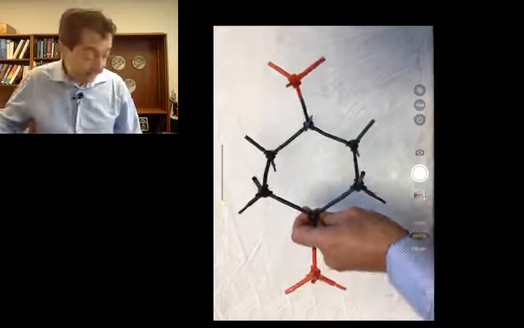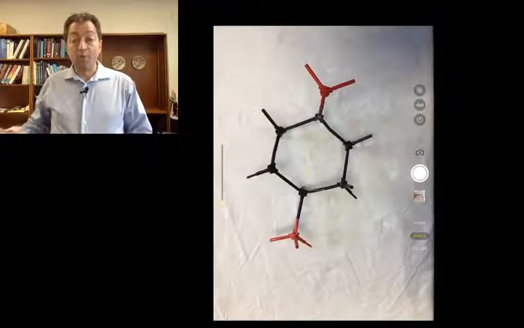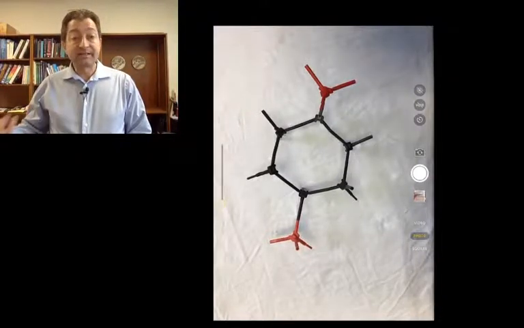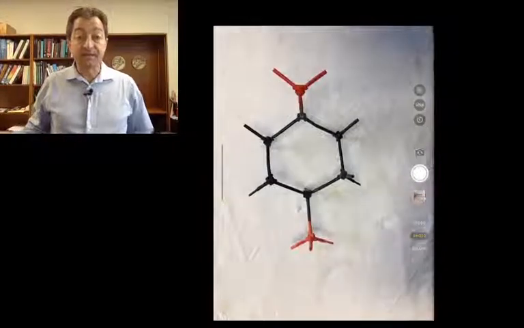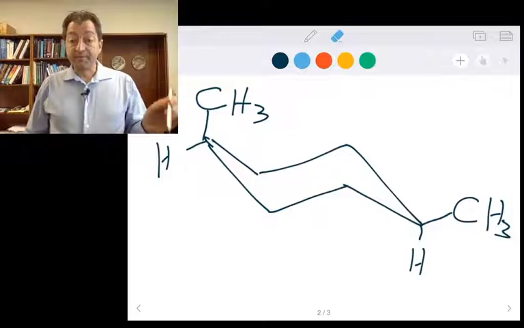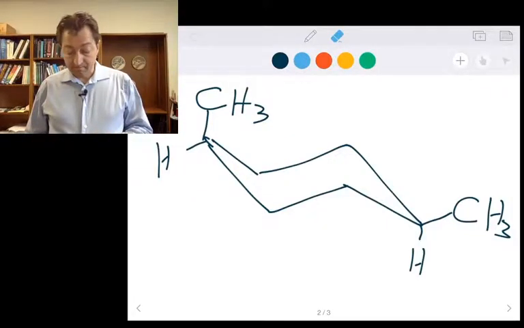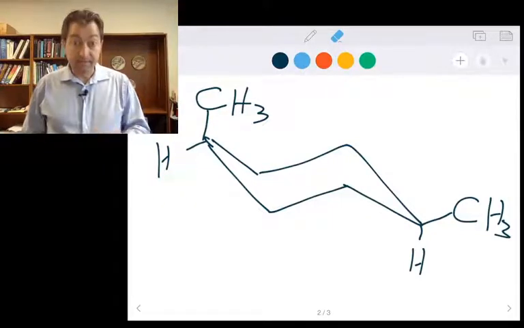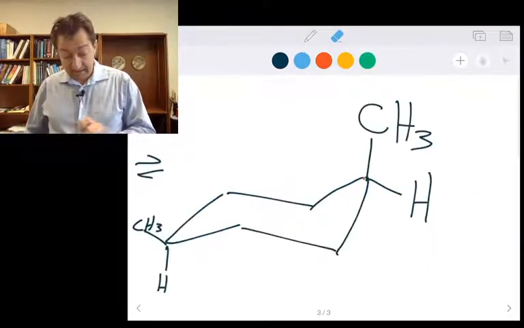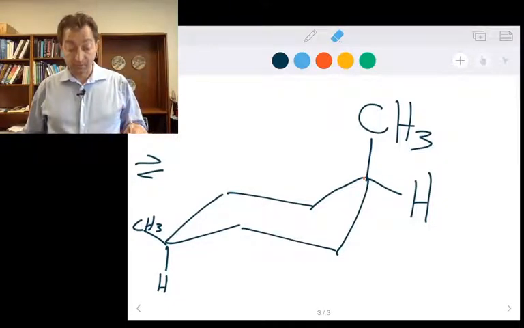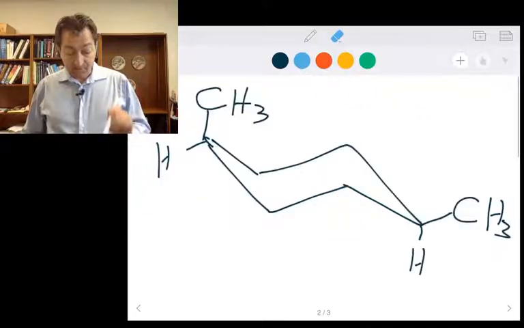Okay, so that in itself is sort of interesting, but more usefully to us as chemists, trying to understand what's going on, let's look at what the energy difference is between those two available chair conformations. So we started with this chair conformation where we've got one methyl group equatorial and another methyl group axial. And if we compare that just on paper or on the model kit, if you've got it handy, with the other conformation that we can draw, one sticking up axial, one equatorial, what we see,